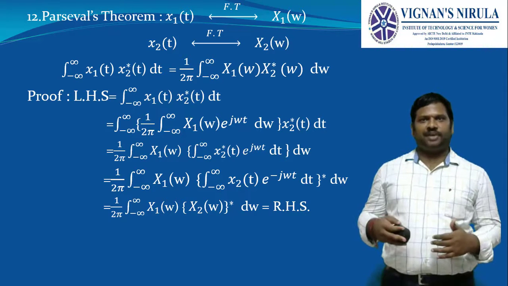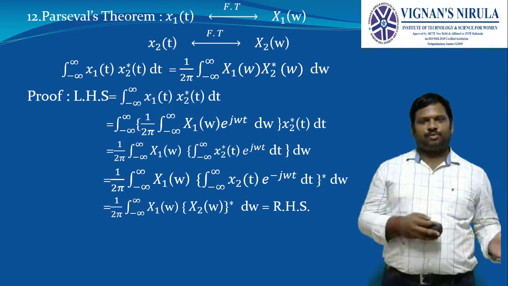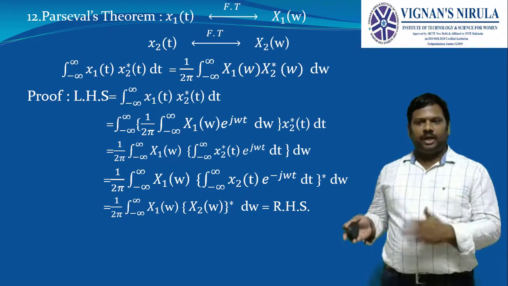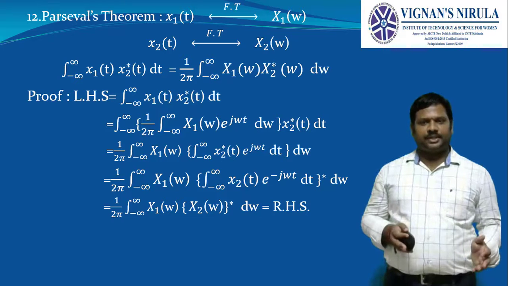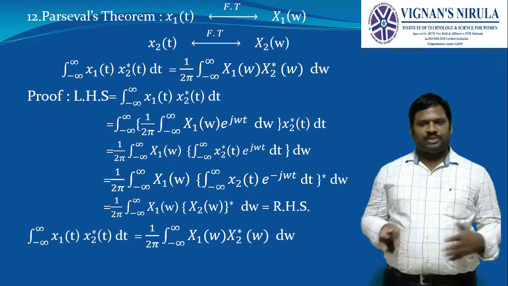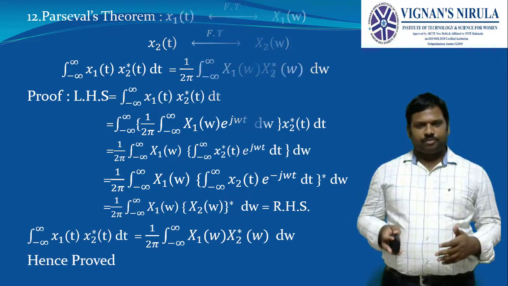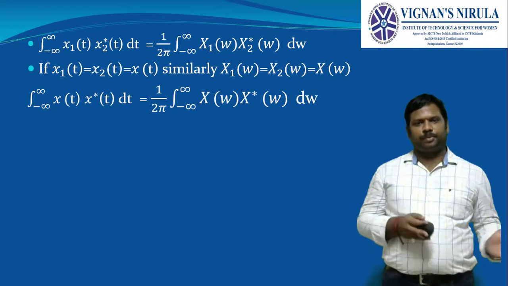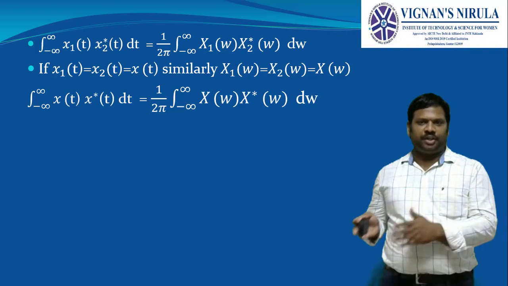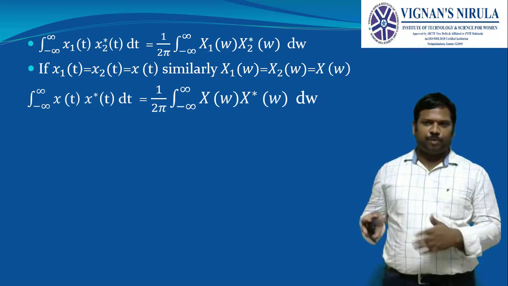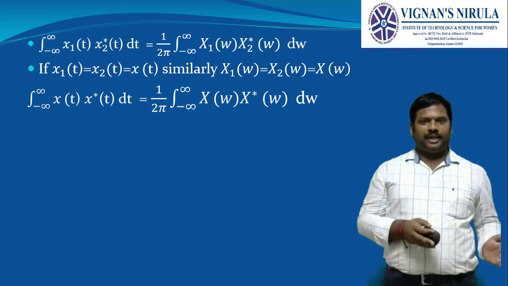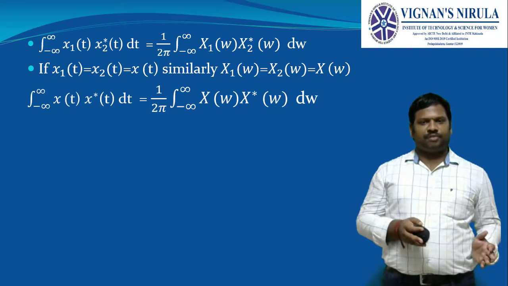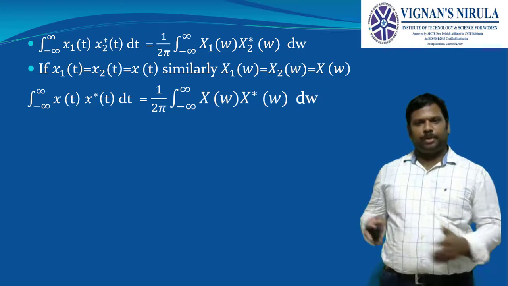That's 1 by 2 pi from minus infinity to infinity, X1 of omega, X2 star of omega, d omega, which is nothing but the RHS part. That is the Parseval's theorem, which states that. Hence the proof. This Parseval's theorem can also be proved with x1 of t equal to x2 of t equal to x of t, and X1 of omega equal to X2 of omega equal to X of omega, and the left side will be nothing but x of t x star of t dt equal to 1 by 2 pi